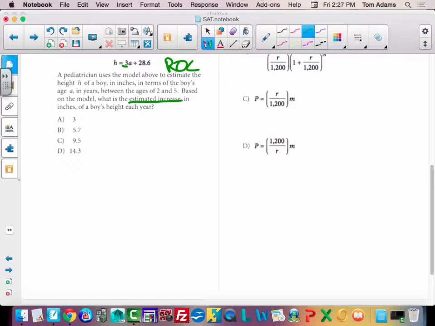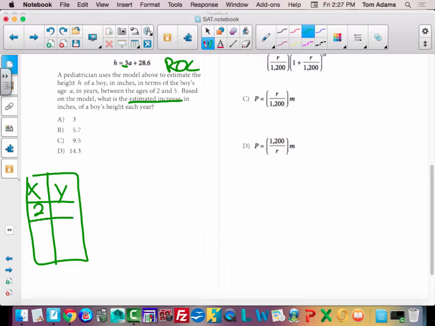So the best way to actually know for sure, so I'm going to explain something that's a little bit more than you need for this problem, but we don't know what type of problem you're going to get on the SAT. So what you could do is just make a table of values. Okay? And so we could go from 2, 3, 4, and 5. And I'm saying x, y, but really what I'm saying is A, H, right? Where A is the independent variable, which is the age, and H is the dependent variable